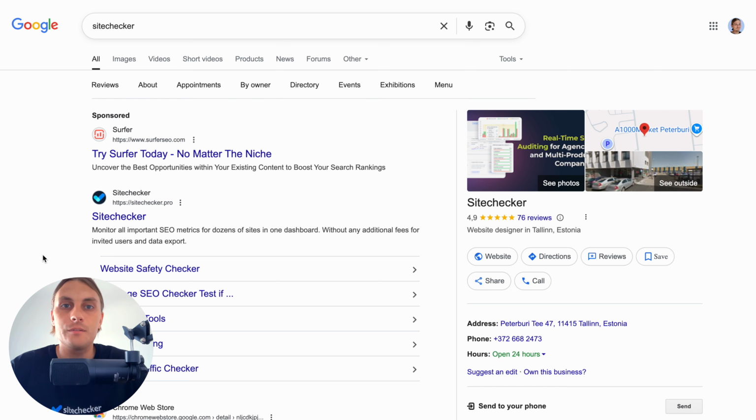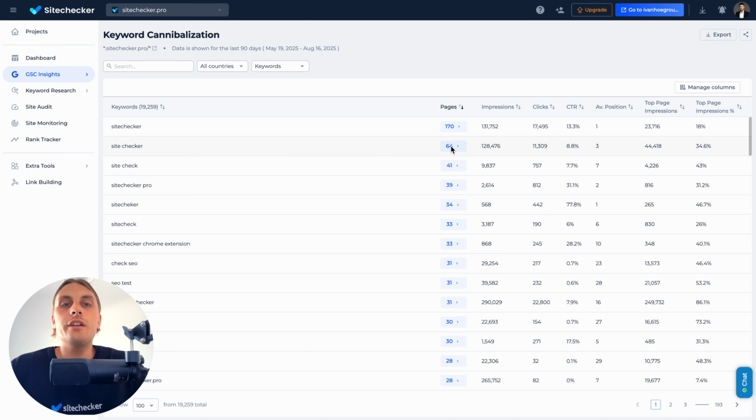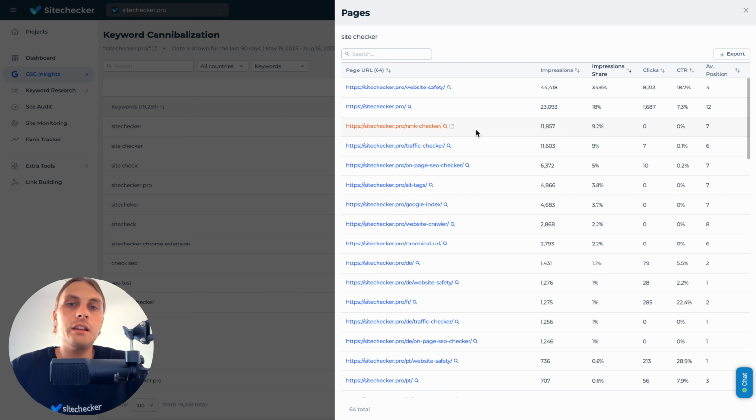The second is that if you run an international website, you will see that different language versions are shown for the English keyword. In most cases it's okay too, but you can simply set up the country filter in order to exclude them from the report. This feature is available for every plan starting from Basic in Sitechecker,